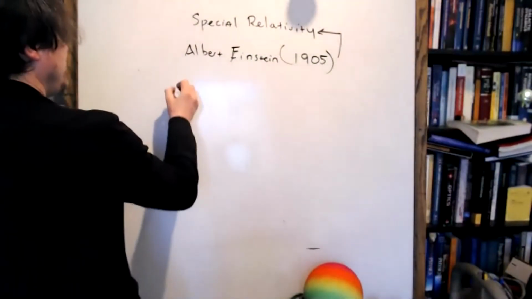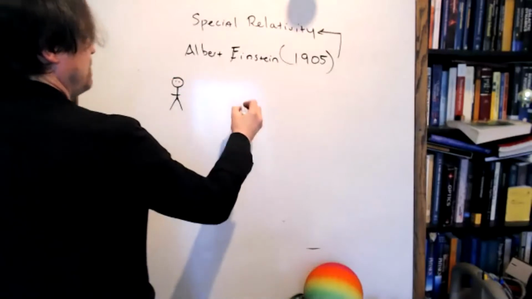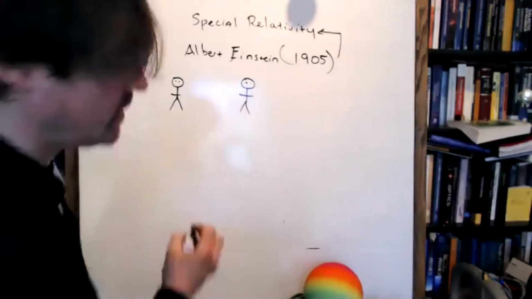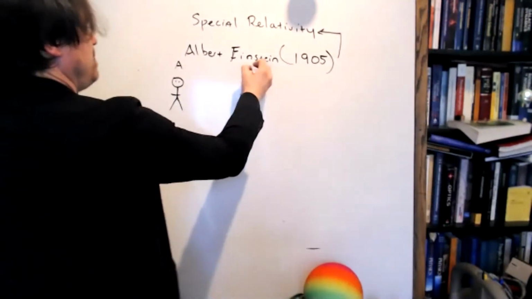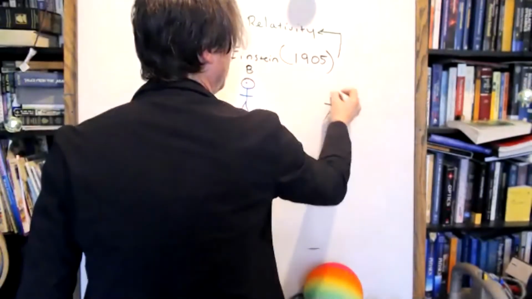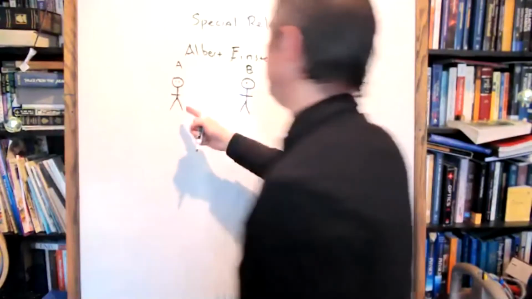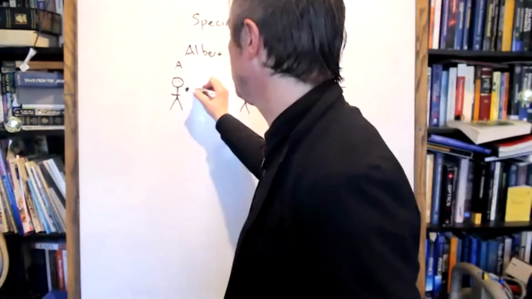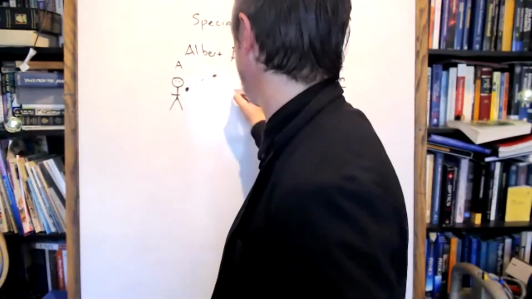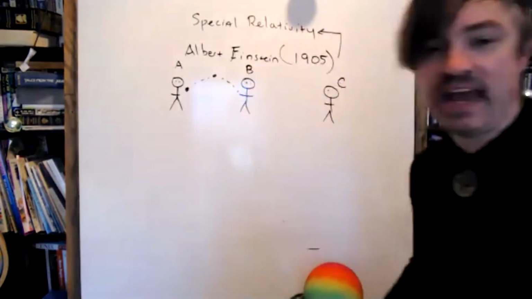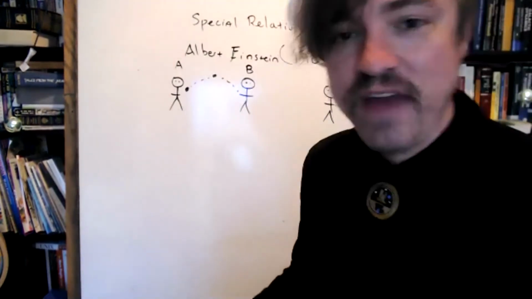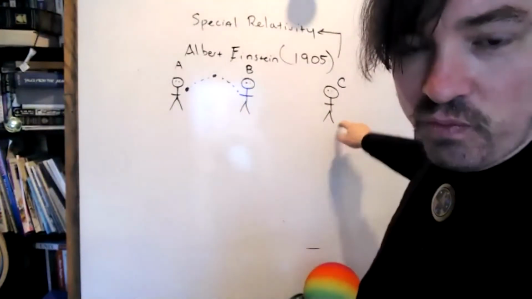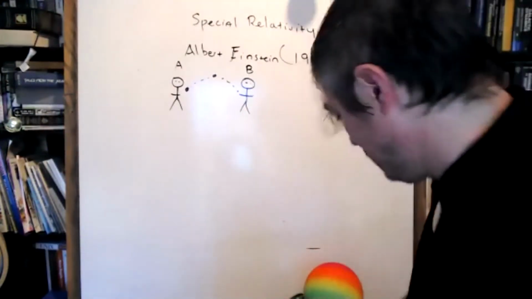For instance, imagine you could observe a game of catch, where you throw a ball back and forth between two observers, A and B, and you are going to be observer C, watching A throw a ball to B. Normally what happens is A throws the ball, it travels through the air, and then at some time later, B catches it. What if A could throw the ball faster than the speed of light? What would that look like to observer C?